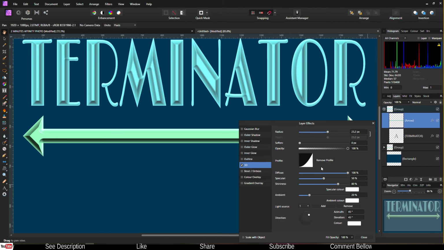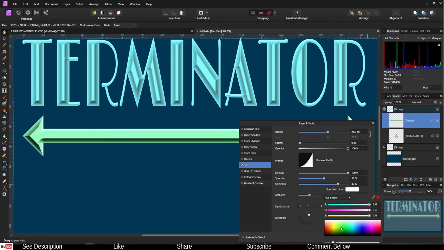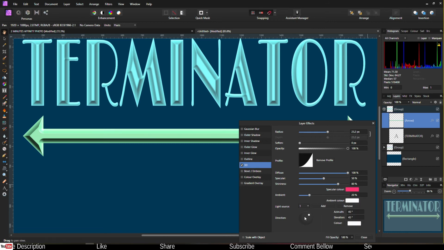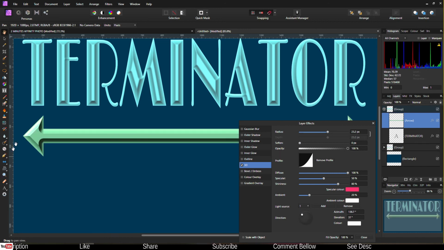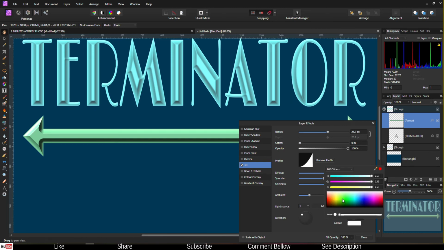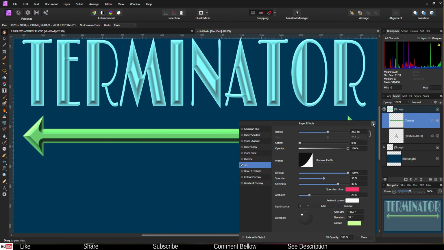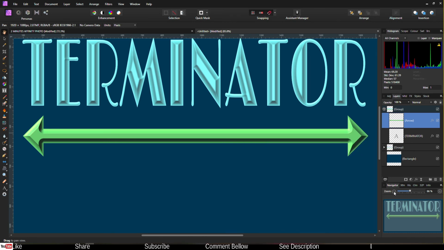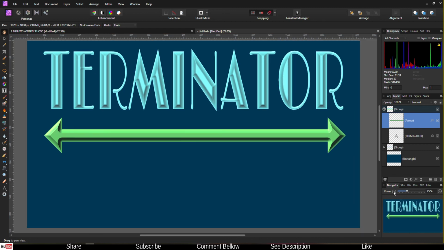Maybe I'm going to change the color to red. Red is my favorite color. Ambient, I'm going to leave it to the default. Direction, maybe I'll change it to somewhere else. As long as my arrow looks pretty sharp, it's good enough for me. And everything else remains the same, but the color, probably I will stay with the green, but maybe I will go toward a little bit of yellowish. That looks good. So yeah, you already got the idea how to add 3D effect inside your text or shape